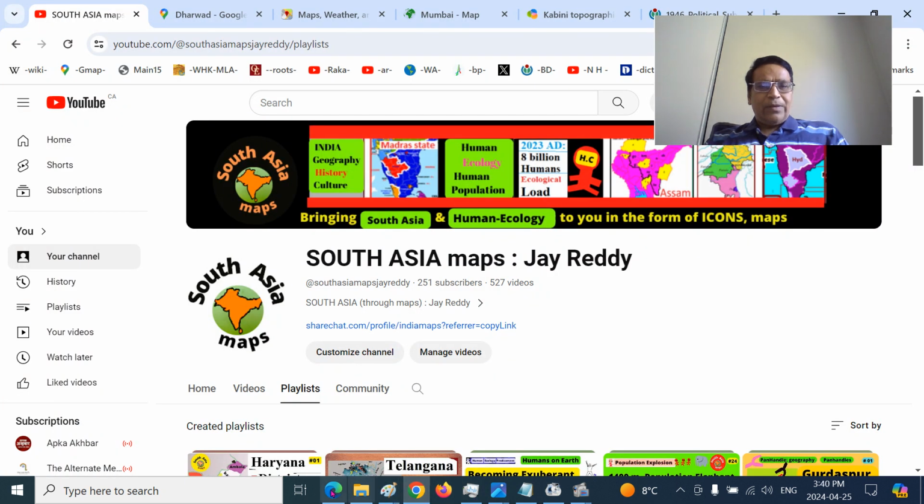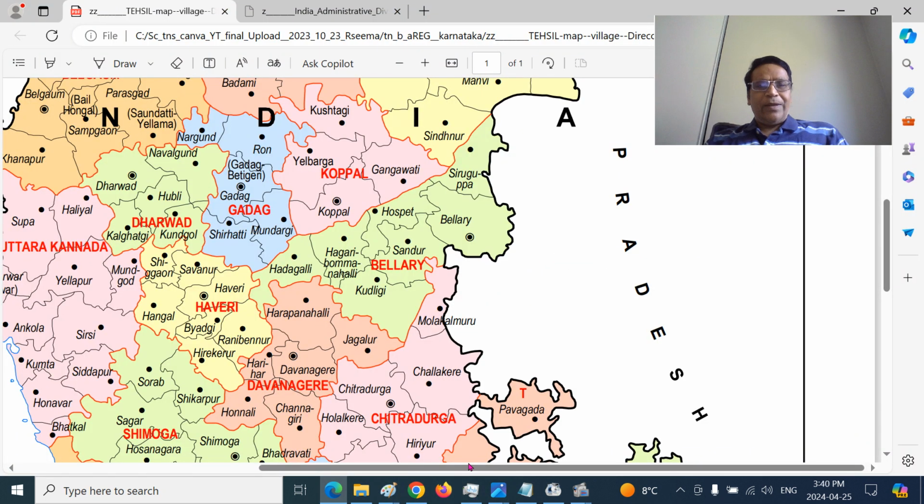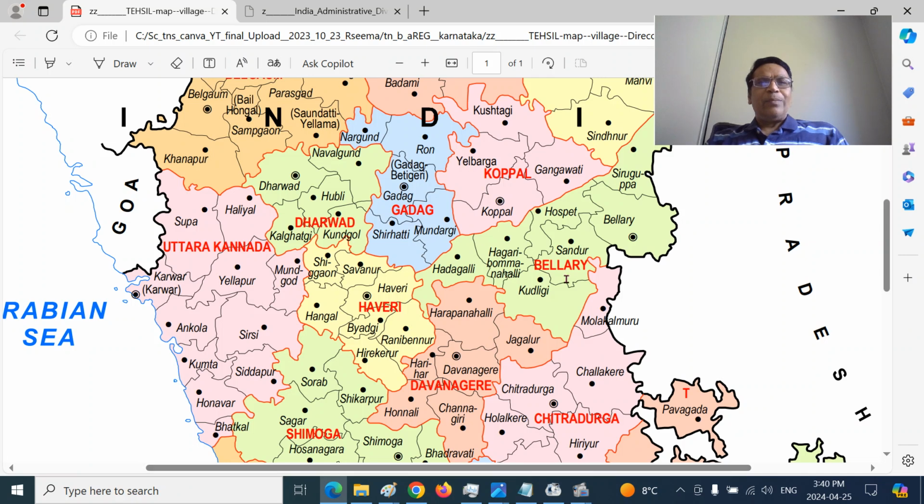So what is the political geography? Say political geography, here you can see now the modern districts, three districts. This entire area is the Dharwad plateau. You can see Dharwad, Hubali and Kalaghatgi. This Dharwad, Kalaghatgi western parts is the Malnad area, northern Malnad, Navalgund and Hubali and Kundgol and parts of Shiggaon,